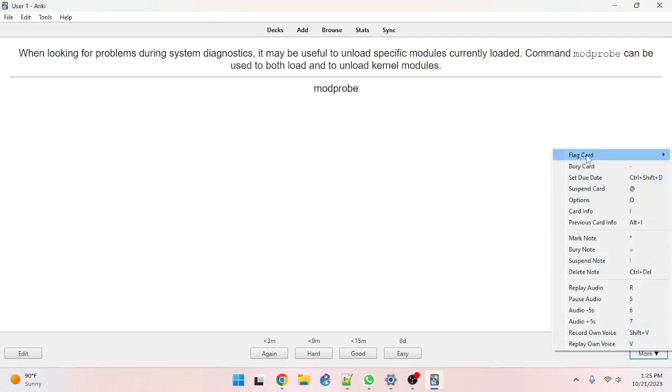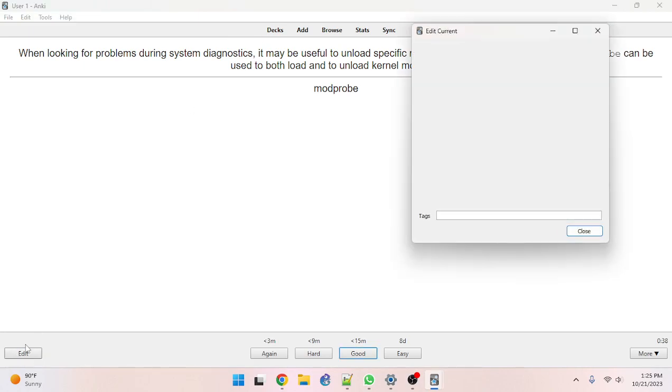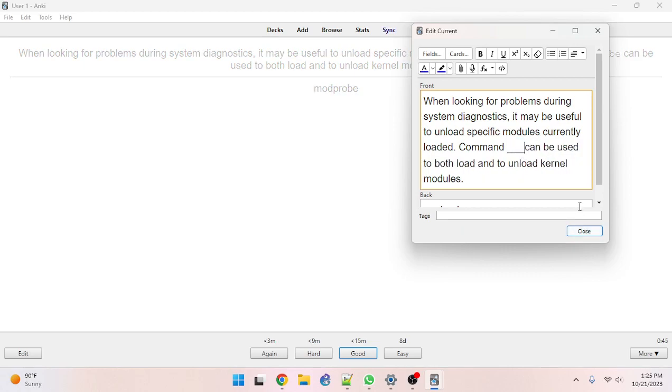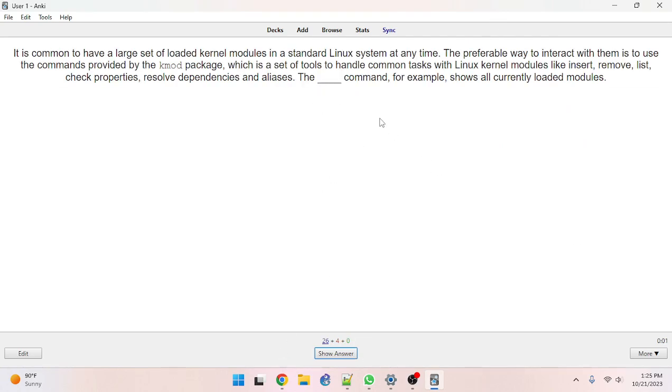So we go here and then we go down here to the left, edit, and then I forgot to do this one correctly, so we'll fix that, and then I'll mark this one again. Okay, so it is